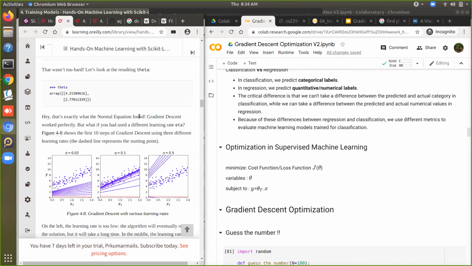Yeah, exactly. You see how he used 0.02, 0.1, and 0.5. I think he mentions grid search as one of the ways, and it's also good to note